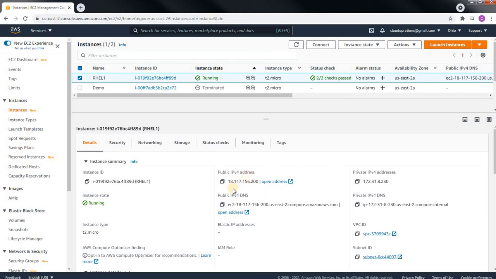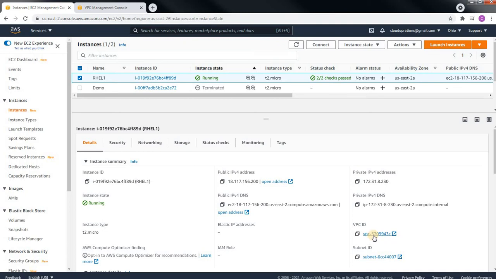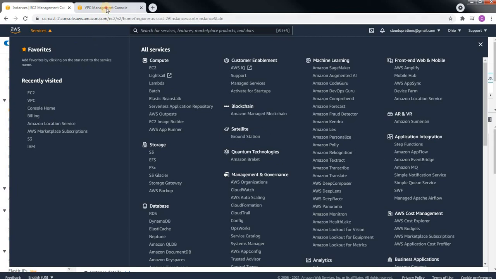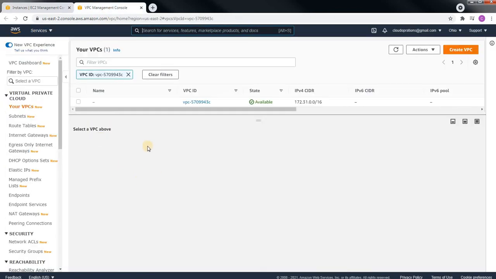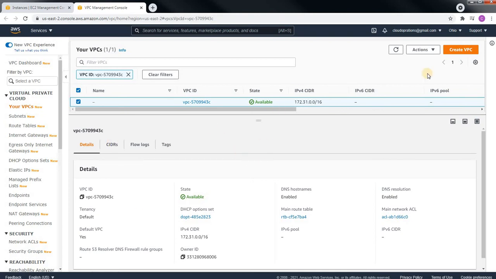For this, again you need to go to the VPC. You can click on VPC at the bottom, or go step by step through services to VPC, it is up to you. This is my VPC. Then go to actions, and you can see lots of options. The first option is create flow log.